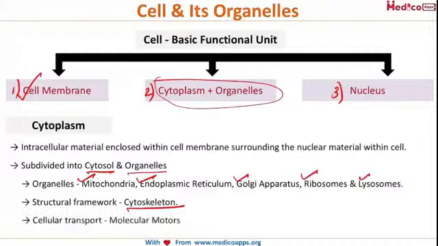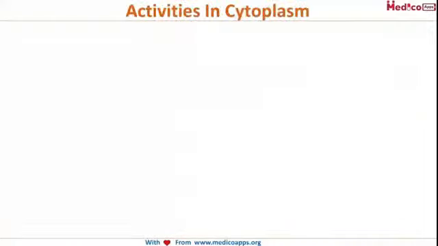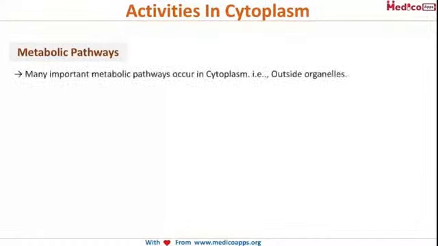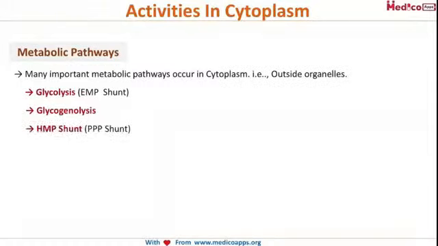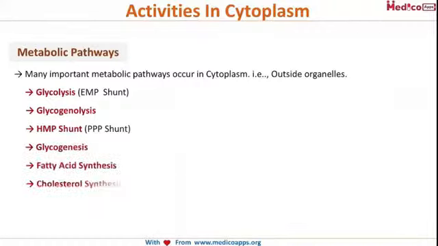Okay. Now there are a few activities that occur in the cytoplasm. We all know these pathways and these shunts, so let's just look at these names. Glycolysis, that's nothing but your EMP shunt, then glycogenolysis, then the hexose monophosphate shunt, glycogenesis, fatty acid synthesis and cholesterol